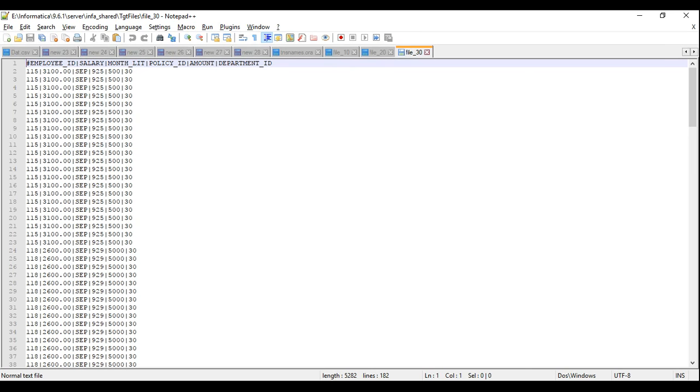You can create multiple files using this. This is one advantage, and this is one thing that I have used in my real-time projects where this transactional control transformation was used. We used to send a lot of data, and that was bursted using BO, which was taking a hell of a lot of time because it's an overhead, right? And then what we did is we used Informatica and we used transactional control transformation to sort the data based on department and the month, and we used to send that data to the department owners.